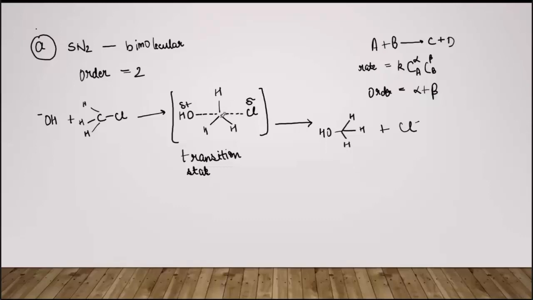it has five bonds. ठीक है, भले ही ये पार्शियल है बट वी आर काउंटिंग इट एज फाइव। तो इस कार्बन के पास में पांच चीजें अटैच्ड है, it has five things which are attached to this carbon atom, so that is why this transition state is very unstable। क्योंकि स्टेबल कंडीशन में क्या होता है कि कार्बन शुड हैव फोर, like four substituents they must be attached to the carbon। ठीक है, और it might be three substituents and one double bond। ठीक है, तो फोर बॉन्ड शुड बी देयर, बट हियर वी हैव फाइव एंड सो दिस इज वेरी अनस्टेबल।